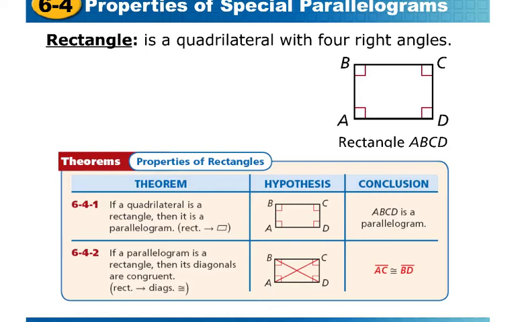It's a subset. And then this next one here, if a parallelogram is a rectangle, then its diagonals are congruent. So this one I always found interesting because we were fixing my basement at our previous house, and my dad was putting in some trim and setting up for walls and things like that. And he said that one of the tricks of your contractor is to measure from the top of one of your doorways to the bottom, and then the other diagonal as well, because those pieces should be congruent. If they're not congruent, then you don't have a rectangle,